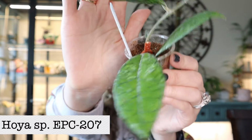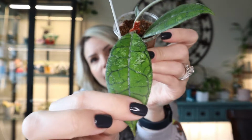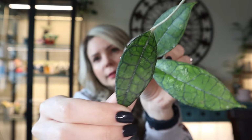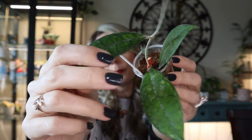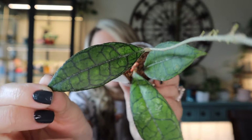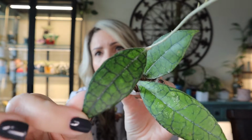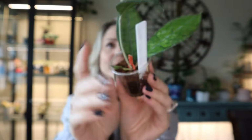And I find it to be very pretty, you guys. Look at this foliage. It's so pretty. And it's kind of soft in the back. It feels a little bit like suede, but not too fuzzy, I guess. And I love the dark veining on it. And this is the newest leaf right here. Very, very pretty. And I'm getting a new leaf right here, which is super exciting because this Hoya did not